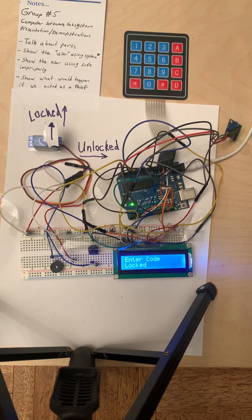Hi, my name is Louis Kowalik, and I was in charge of the computer software subsystem. I did all of the coding, and with that, I ended up building the actual circuit to make sure that everything would work properly when implemented. It also really helped with troubleshooting the code and making sure that all the bugs were fixed and that everything